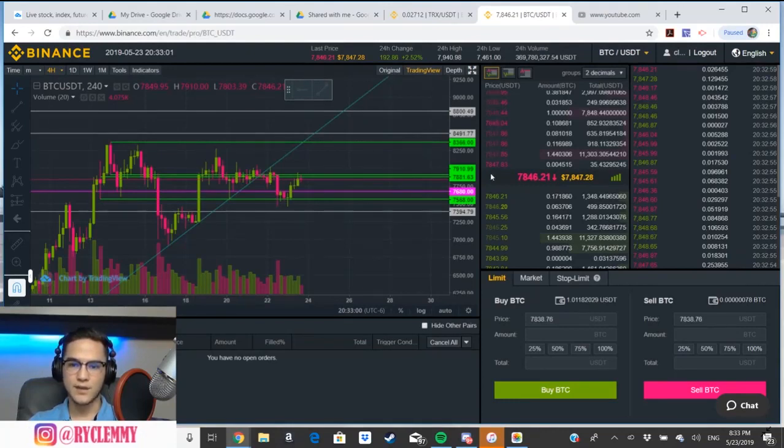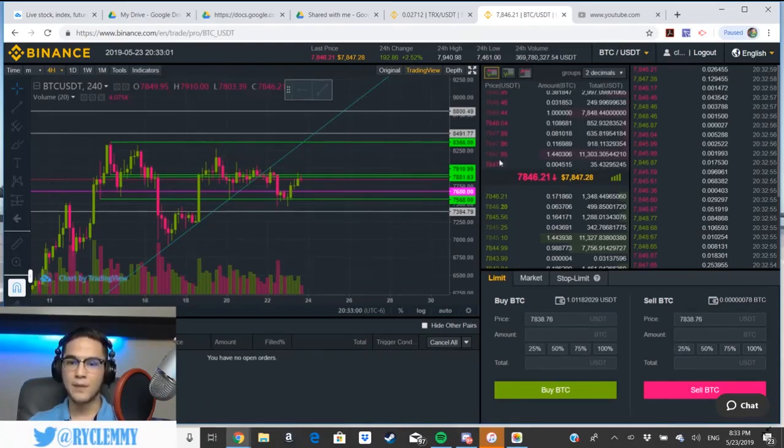So for example, someone is asking for $7,847.83 for Bitcoin. And now you can see the amount of Bitcoin right here in this column, the middle column, that they are trying to sell. And then on the right, you will see the equivalent US dollar tether value. So in this case, for example, you can see right here that this order is trying to sell 0.004515 Bitcoin. So, a very small portion of a Bitcoin at this price, which is the equivalent of